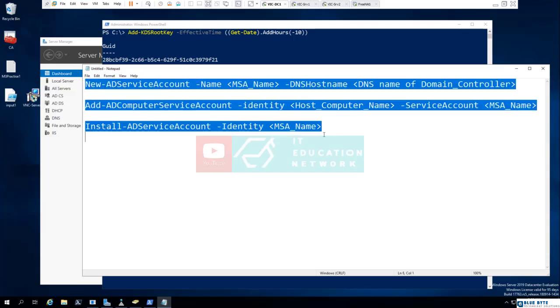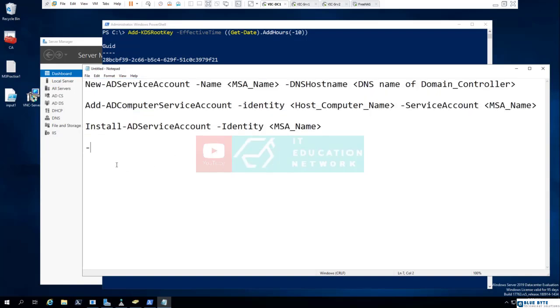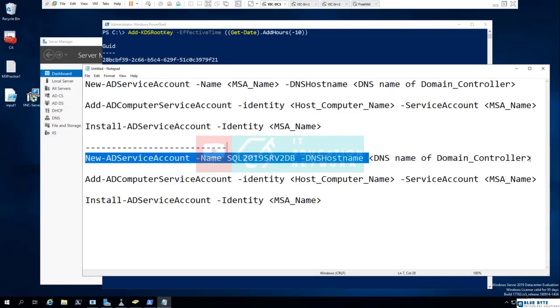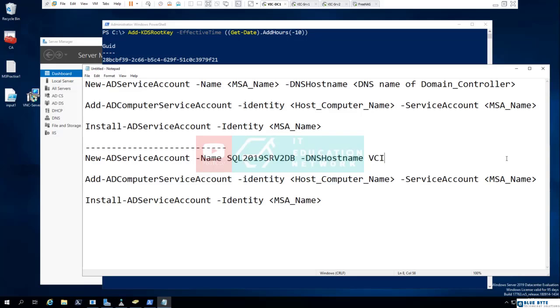Let us start, get a copy of the commands so I can manage them. Now for the first service account, which I wanted to run on Victoria Server 2, the service account here, I will call it SQL 2019 for Server 2 database. This is the name of it, and the name of my domain controller, we know what it is, is Victoria